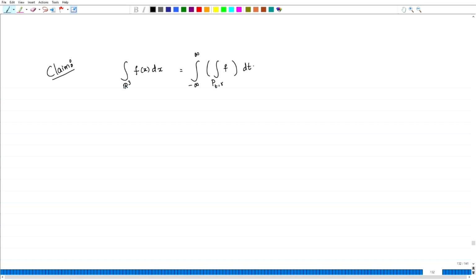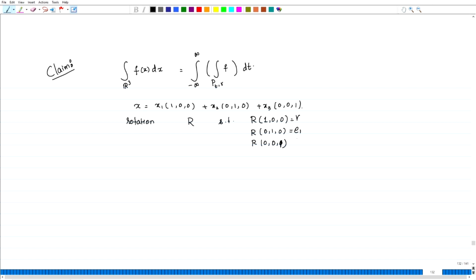Now, x in R^3, through the standard basis, is x = x1 (1,0,0) + x2 (0,1,0) + x3 (0,0,1). So, we get the rotation R such that R(1,0,0) = gamma, R(0,1,0) = e1, R(0,0,1) = e2. Then this is also going to be an orthonormal